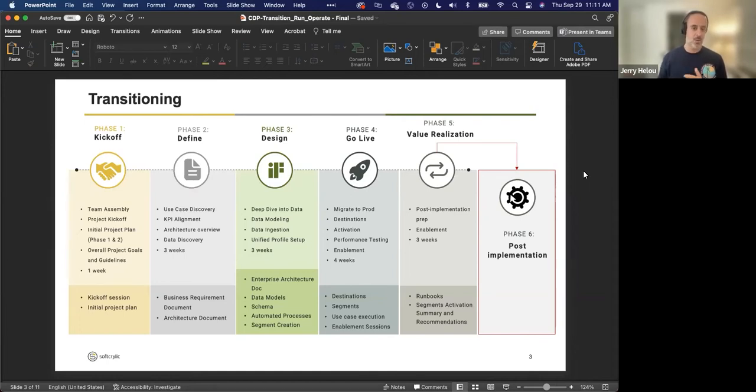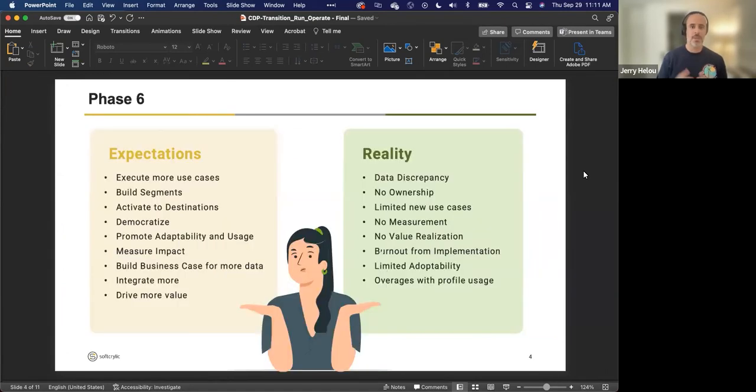So phase 6 is when typically you are on your own, or in some cases you might be getting additional help. But a lot of clients I see, this is the time where they say, okay, give me this platform back and I'll take it from here. So what happens during this time? In phase 6, in the transitioning,